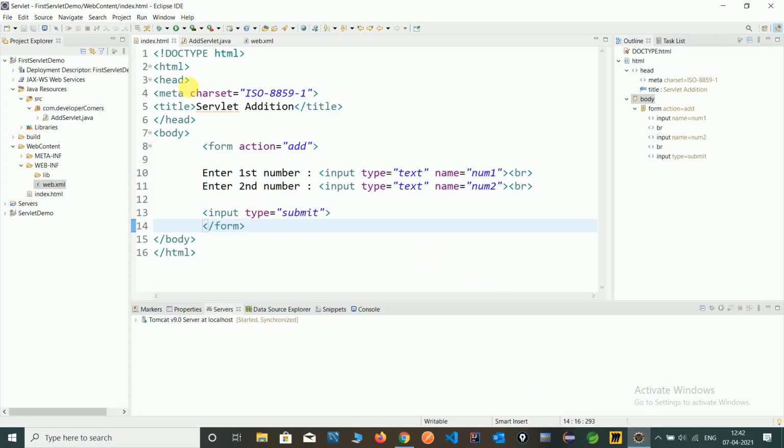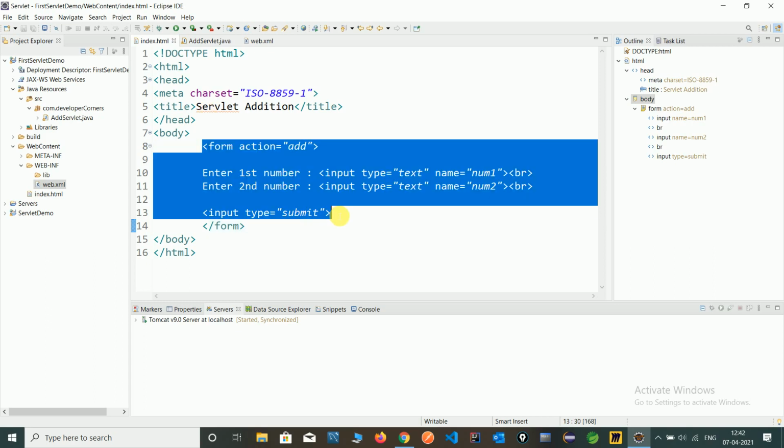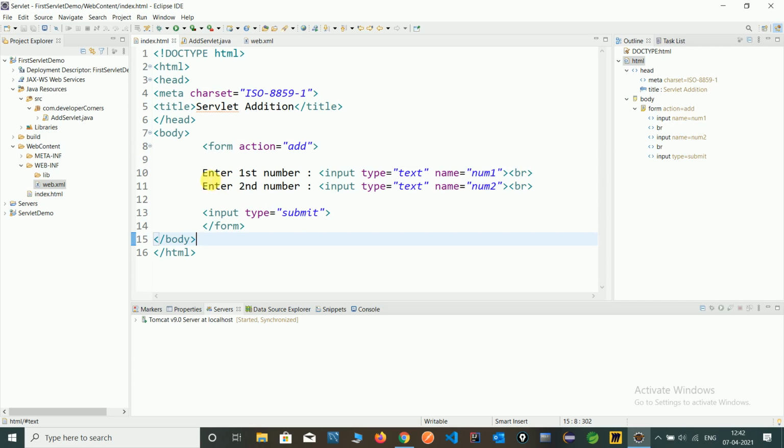So let's recap our servlet project. First we created one project, that is a Dynamic Web Project. In that we created one HTML file and one form, with two text boxes to take the two numbers and one button that passes to add.